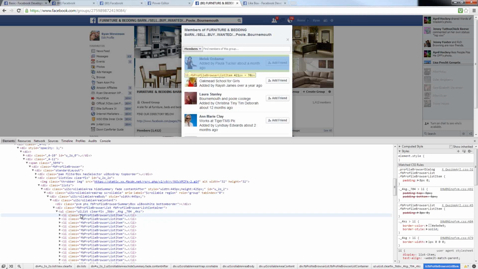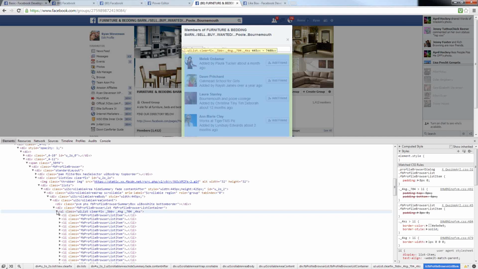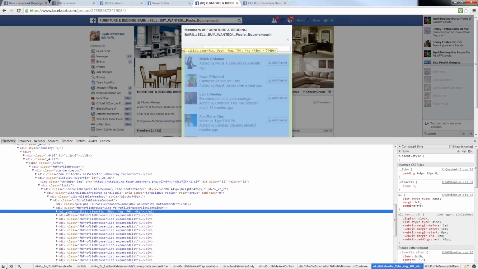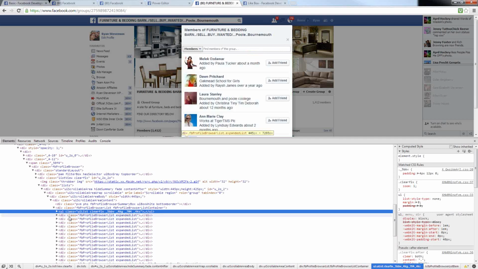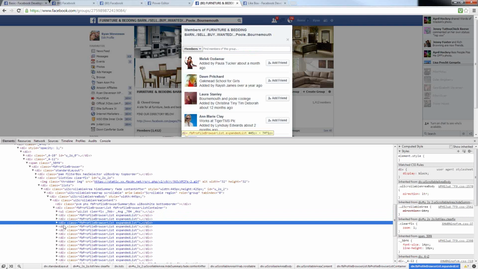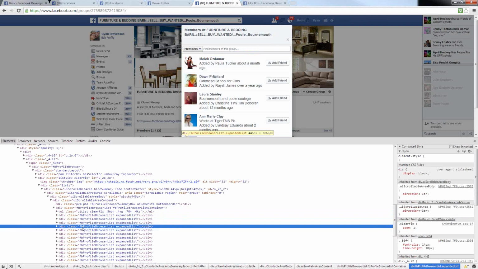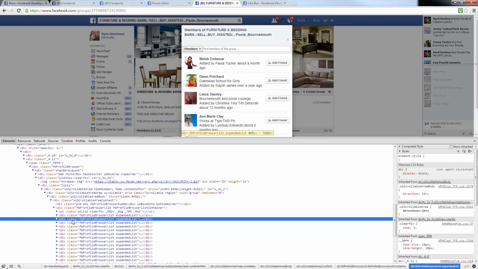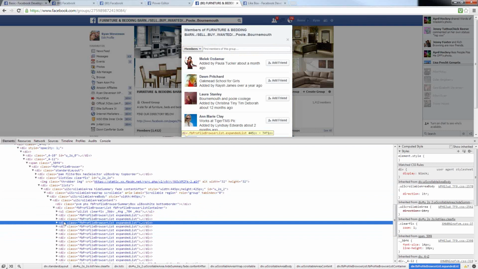So I actually want to collapse this another time here, collapse the UL, and so now this UL section here is actually an entire section worth of people and not just a single person. And each additional one of these divs down here, these things that say FB profile browser list, each one of these items is another group of people. Basically, every time you clicked on